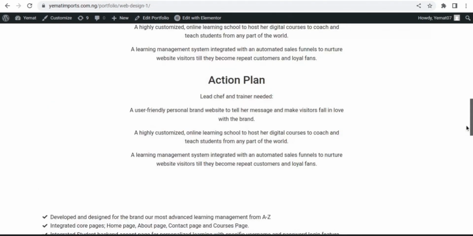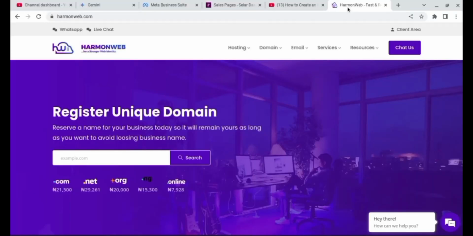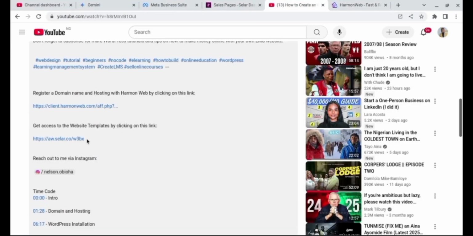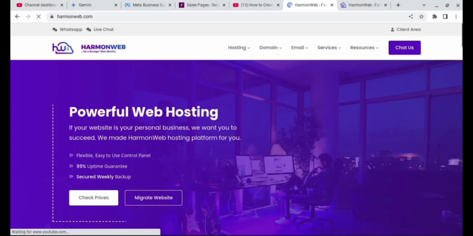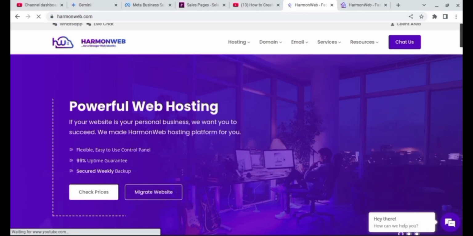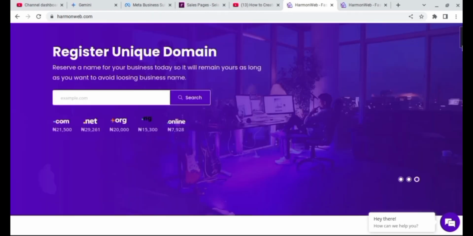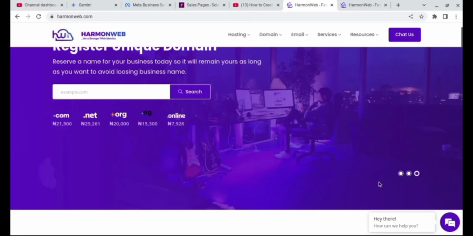Let's get started. The first thing you need is a domain name and hosting. The first thing you want to do is to register a domain name and hosting. Check the description box. You'll see this domain name and hosting registration. Click on the link, click on go to site, and it will redirect you to Harmon Web. Here you can register a domain name and hosting on this platform. So you want to scroll down here